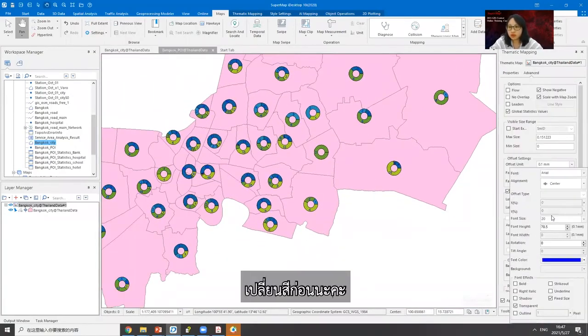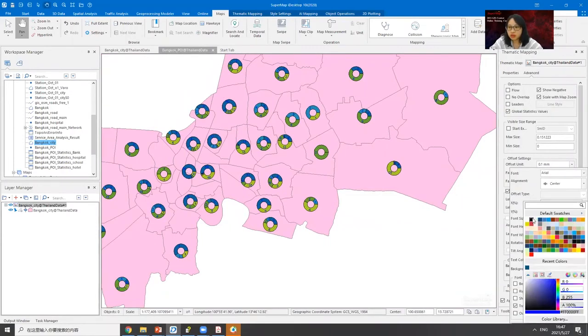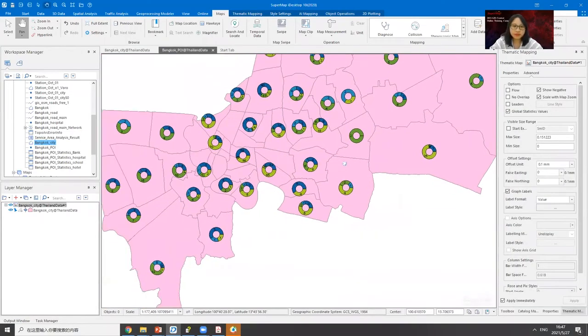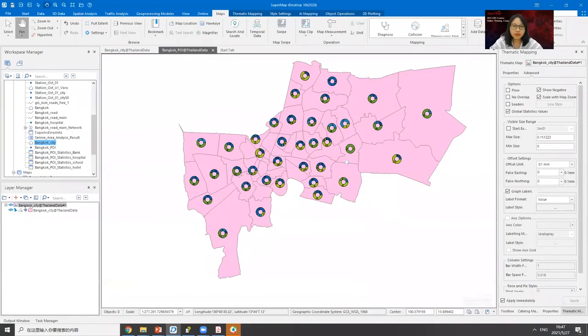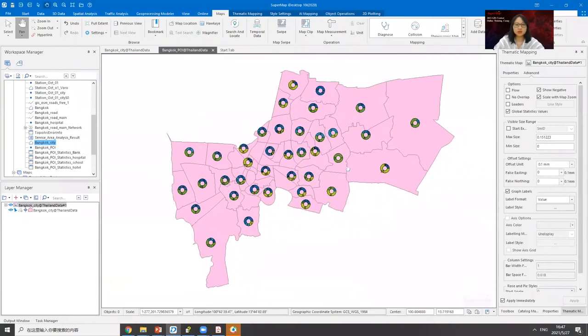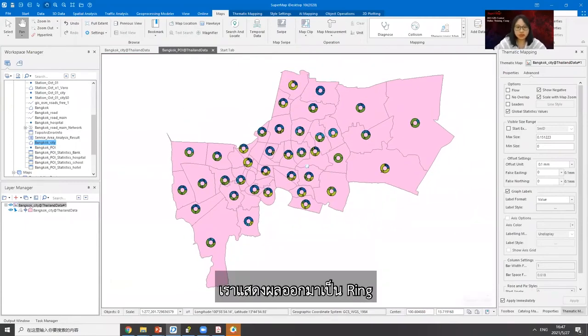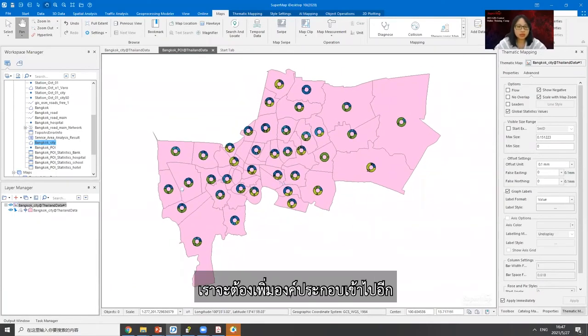Let me change the color. So here we displayed the result as rings, and here we also need to